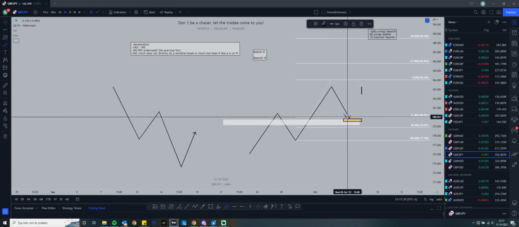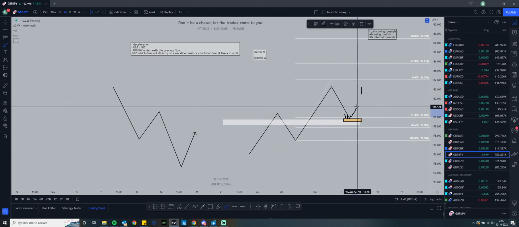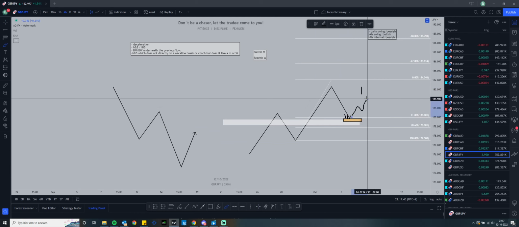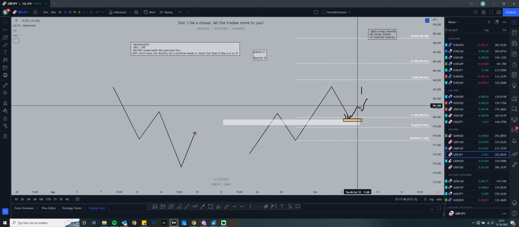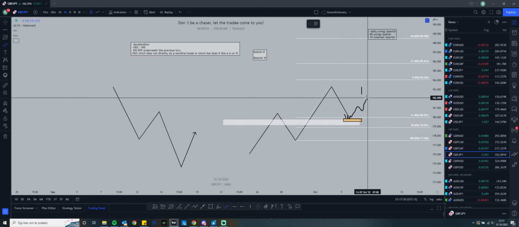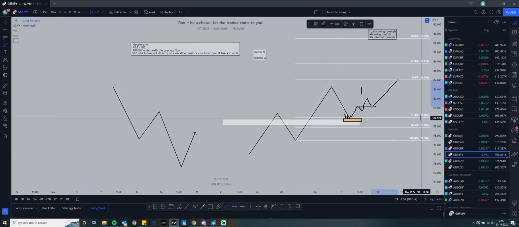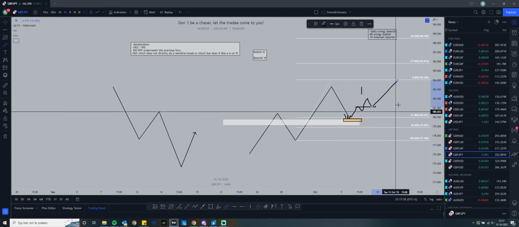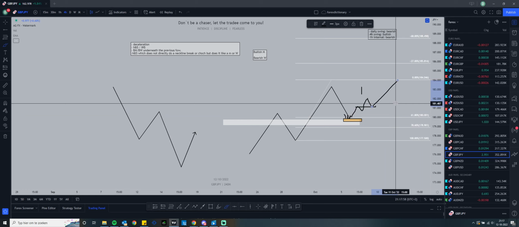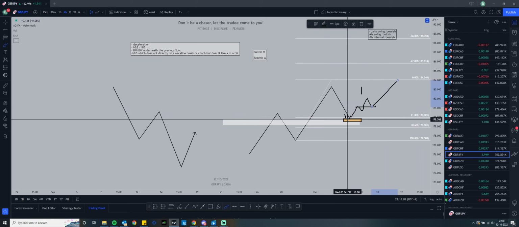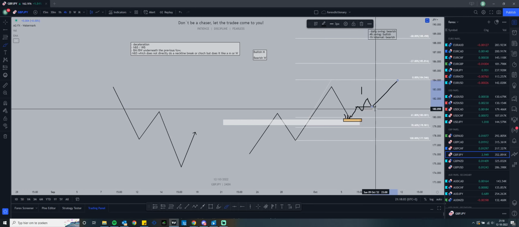We have 1 tap, 2 tap, 3 tap. There we do our entry, and you see like an impulse, pullback, impulse on the 4-hour. Then you can refine it also on the 1-hour, and look here for your 1-hour entry like this. That's also a possibility. That's also personal preference, because then you know, okay, I have an impulse pullback, so that's